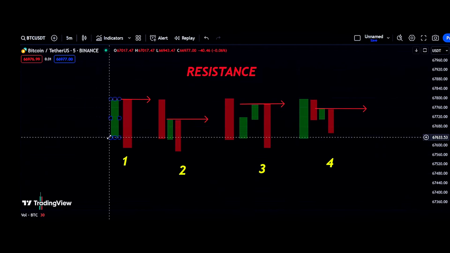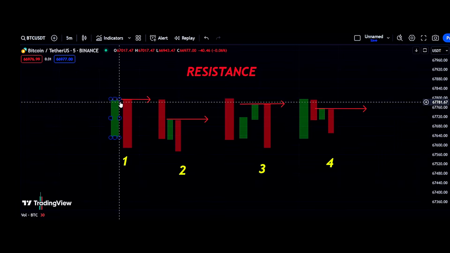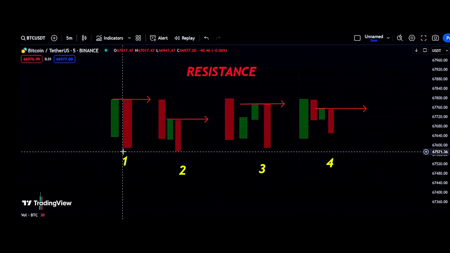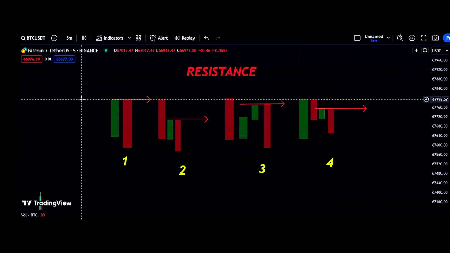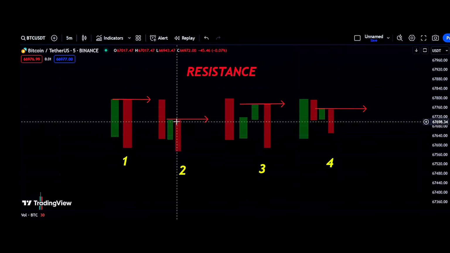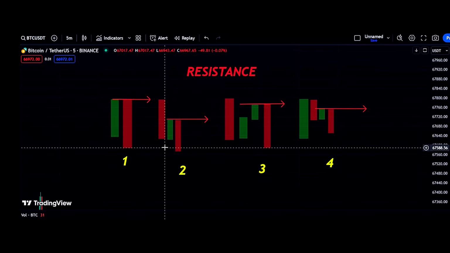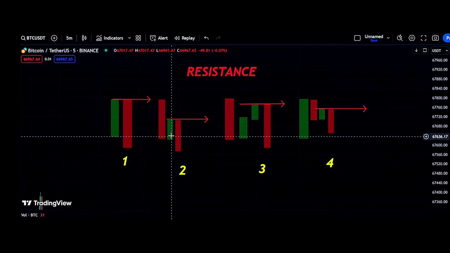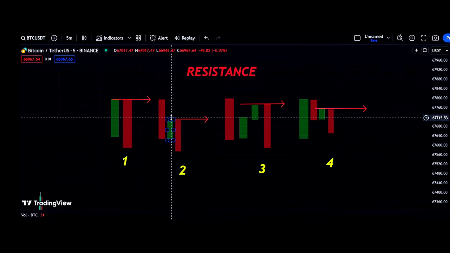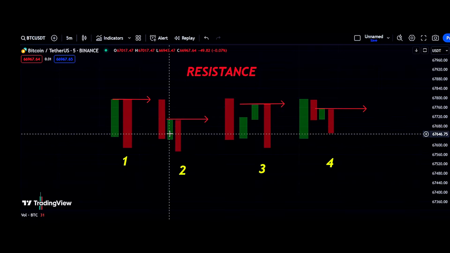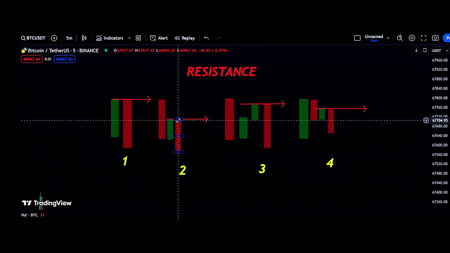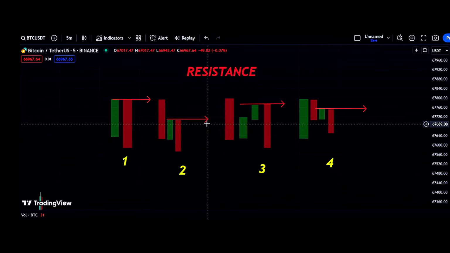In the first example, you can clearly see that first the green candle is made and the second candle closed below the green candle. So we will consider the high of the red candle as resistance. In the second example, there were sellers in the first candle, and in the second candle buyers tried to take the market up, but the third candle broke the low of the green candle and closed below it. So the high point will be considered as a resistance.